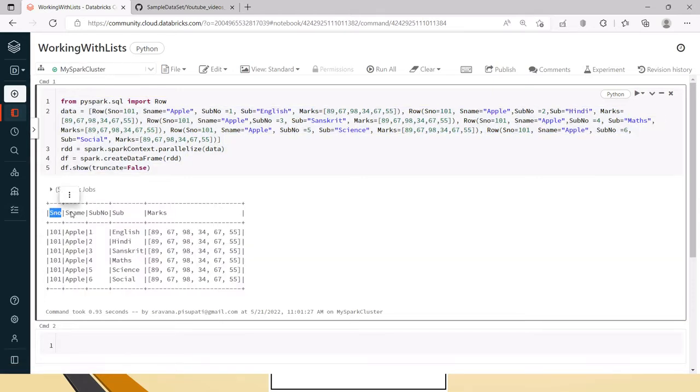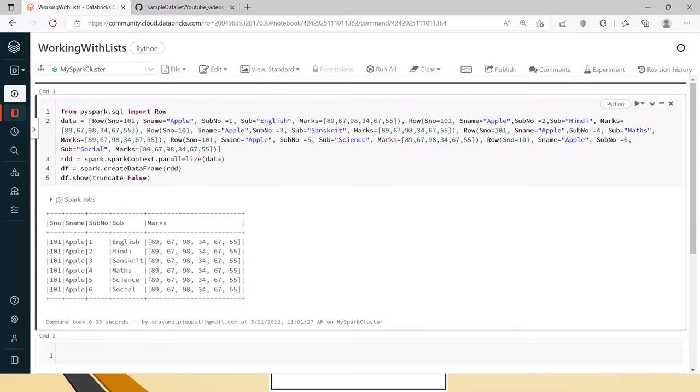It has serial number, student name, subject number, subject name and marks from all the 6 subjects in a single list. Sometimes when we are getting the data from web logs or from upstream, you might get one column with a list of lists,